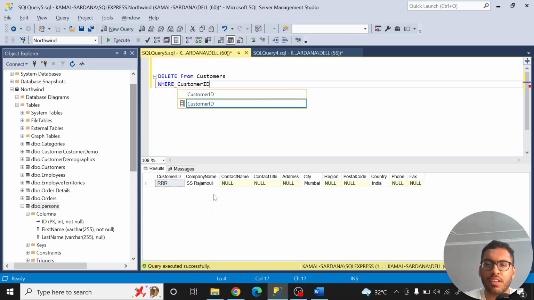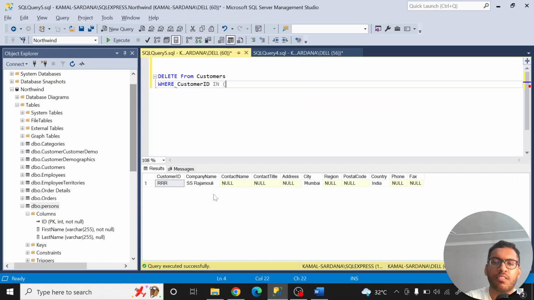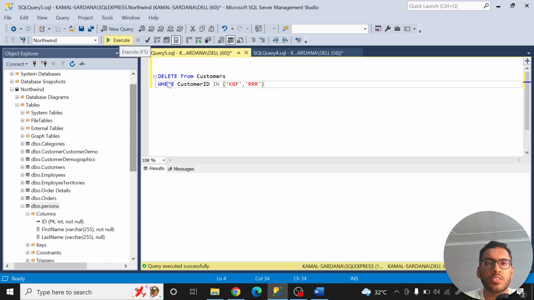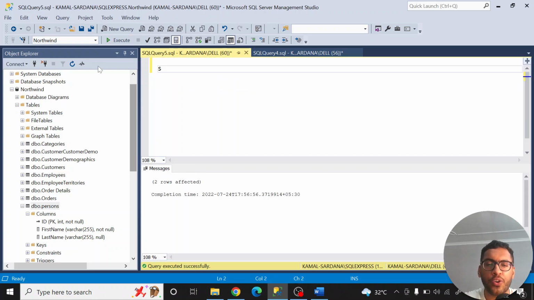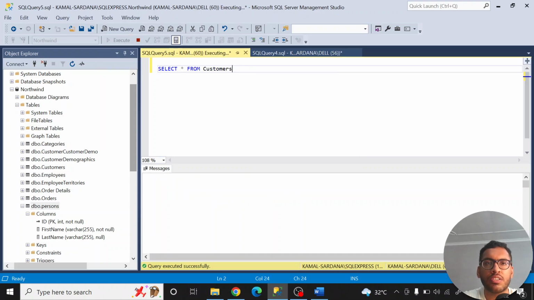where customer ID in KGF, RRR, and there you go. Two rows affected. So now if I want to confirm, select everything from customers, and now execute this,